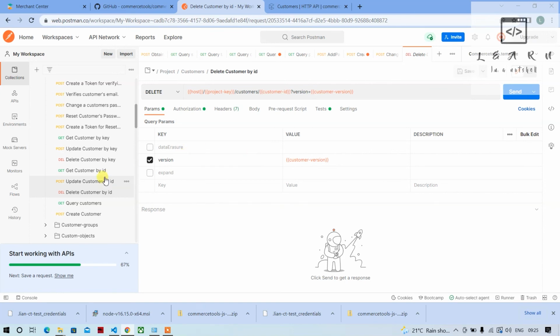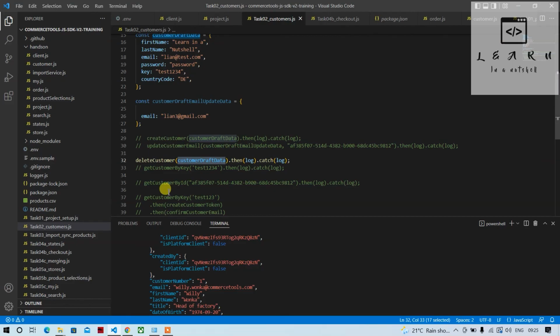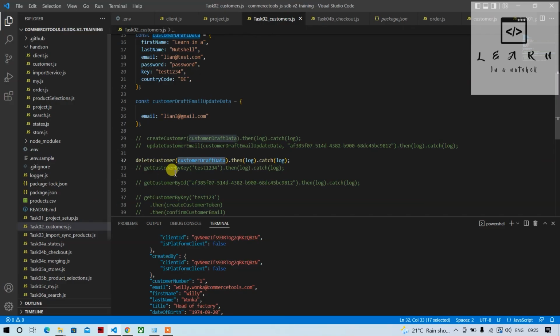So let's try that. The other way is by key. In this case also we'll have to pass the version and key as well. So what we'll do, we'll delete customer by ID. There is no other way to delete, either by customer ID or customer key. So let's try both ways. Delete customer by ID,